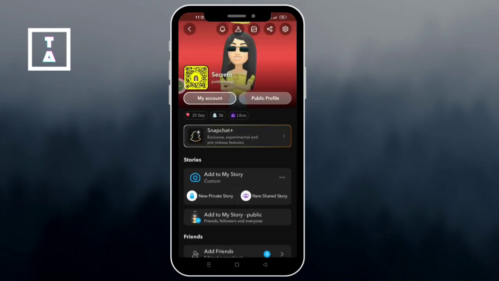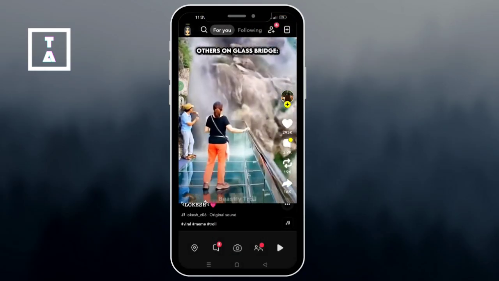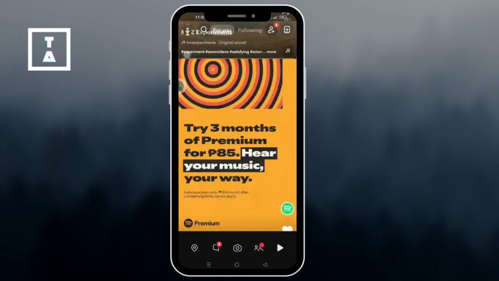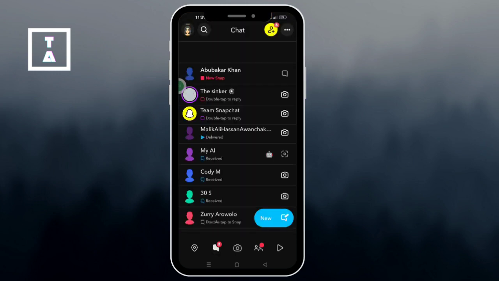And that's it. Make sure that your Snapchat has access to everything it needs like camera, storage, microphone, location, and